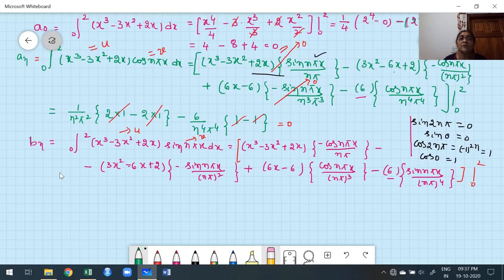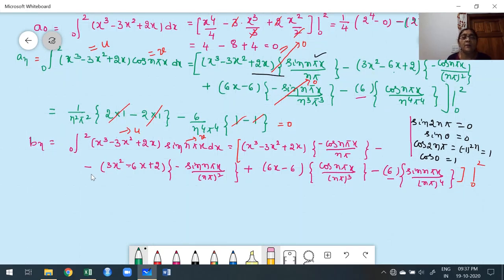Okay. Now in the next step, carefully I have to apply the limit. While applying the limit, just to explain, while finding the value of an, whenever having sine of n pi x, that value is definitely 0 for sine of 2n pi and also sine 0. What about the product of one of the functions having sine? You already know that in an this must be 0 and also this must be 0. Not necessary to verify, just now verified while finding the value of an. Therefore, not necessary to do it once again. Now only I have to retain cos because cos 2n pi is 1, cos 0 is 1.